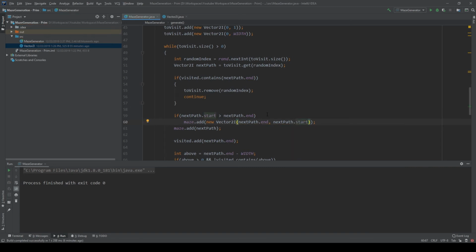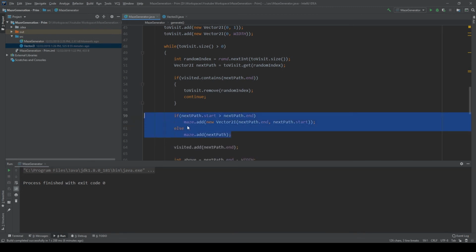Instead of going right to left, it would go left to right. It doesn't matter what the order of these two are. What matters is that they go left to right or top to bottom. And otherwise, if it's not true, we will simply add it like normal. And now we have all of our paths